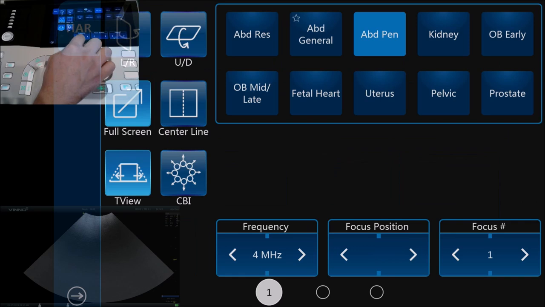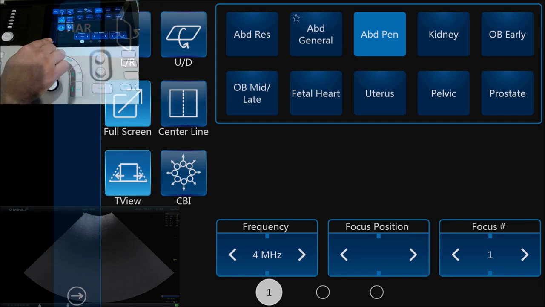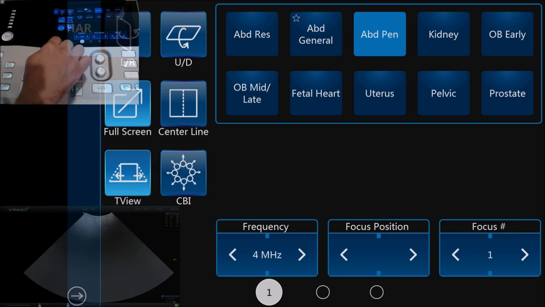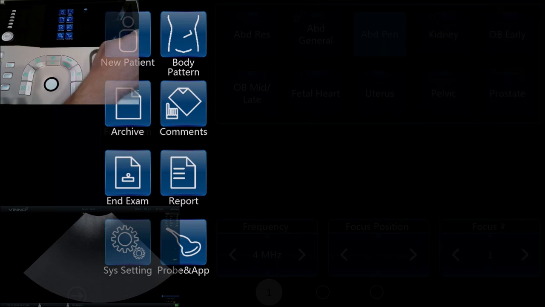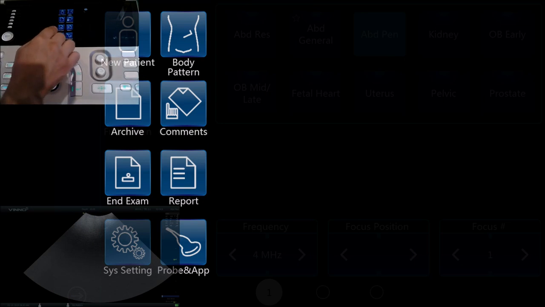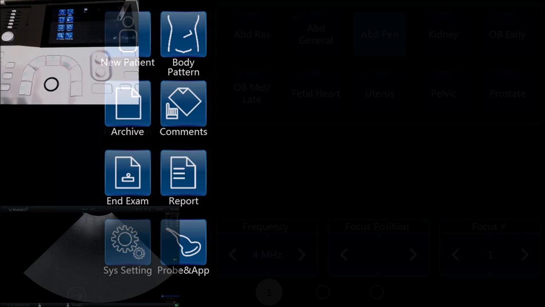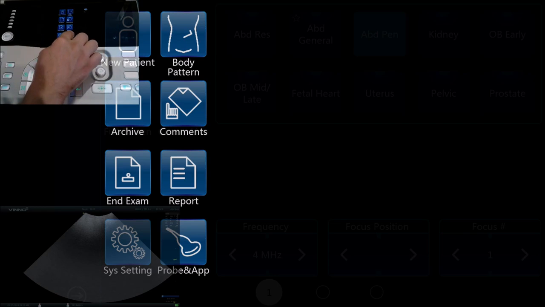So going back to the beginning, if you look in the bottom left-hand corner of the touchscreen, you'll see a little arrow. If you slide in the direction of that arrow, you bring up the main menu, which is where you can enter new patient details, select a body pattern, access the archive, create a comment for the image that's on the screen at the moment, end the exam, create a report, enter the system settings, or create your own presets for the applications. So if we first take a look at the new patient,